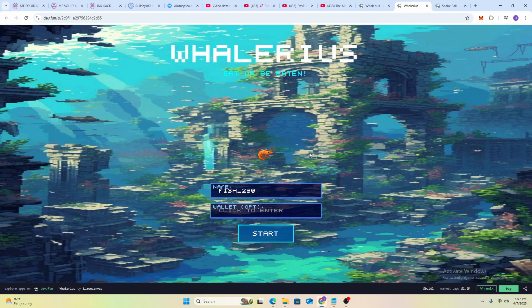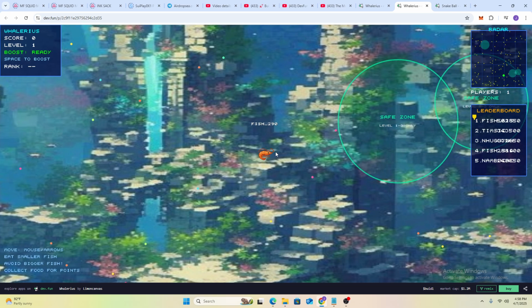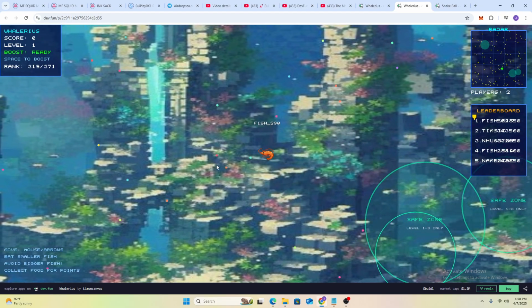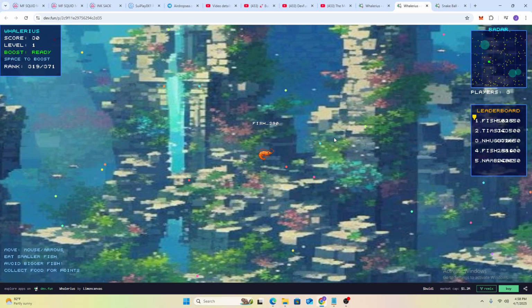So this looks like a game as well. Okay, this is quite 3D looking. The graphics are not as good, but I'll experiment to see what's possible.